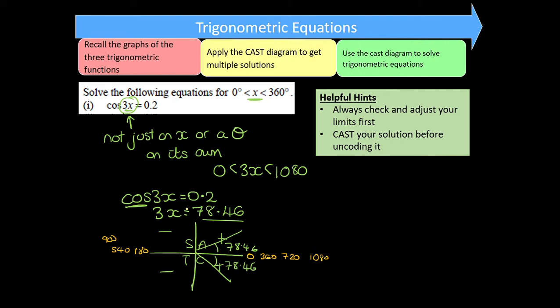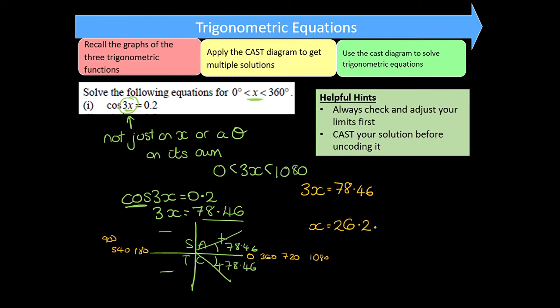If you divided by 3 first and then cast, you will not get 6 solutions. If you do get 6, they're not 6 correct ones. So what I do is I'm going to actually work out the 3x solutions, values from the cast, and the other answers at the same time. So I can see the first answer I'm going to get is 78.46, and I'm going to divide that by 3, and as I want my answers to 1 decimal place, I get